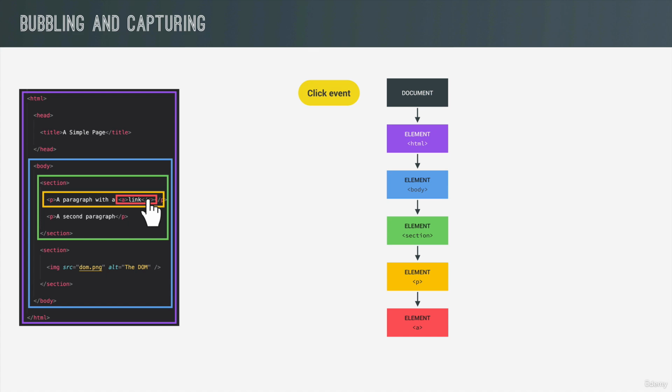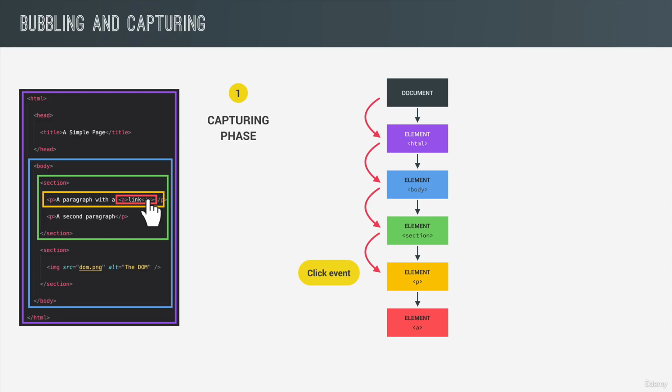And from there, the so-called capturing phase happens, where the event then travels all the way down from the document root to the target element. And as the event travels down the tree, it will pass through every single parent element of the target element. So in our example here, the HTML element, the body element, the section, then the paragraph,